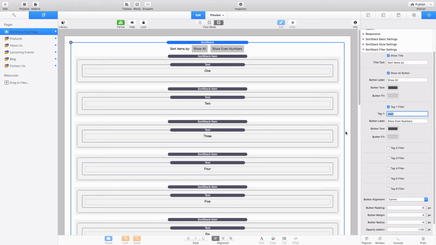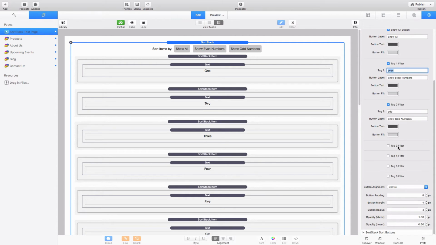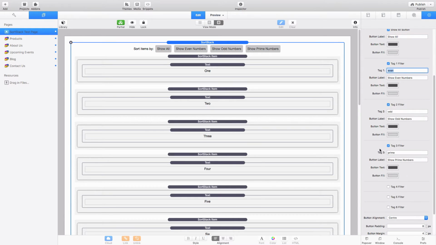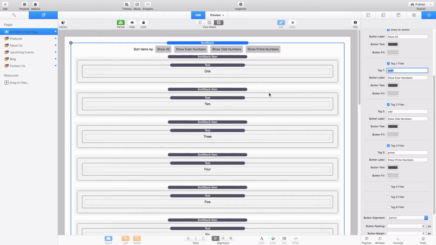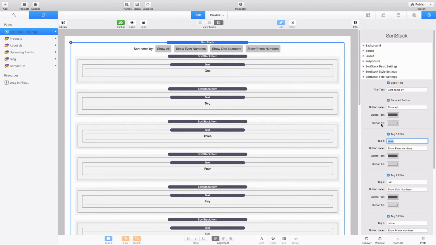In other words, all the items which I've tagged as being even. And you can customise the button text and button fill. And I've already gone ahead and set up a tag filter as well for odd numbers, and also filter based on prime numbers. And again, just to re-emphasise how this would look and work from a RapidWeaver user